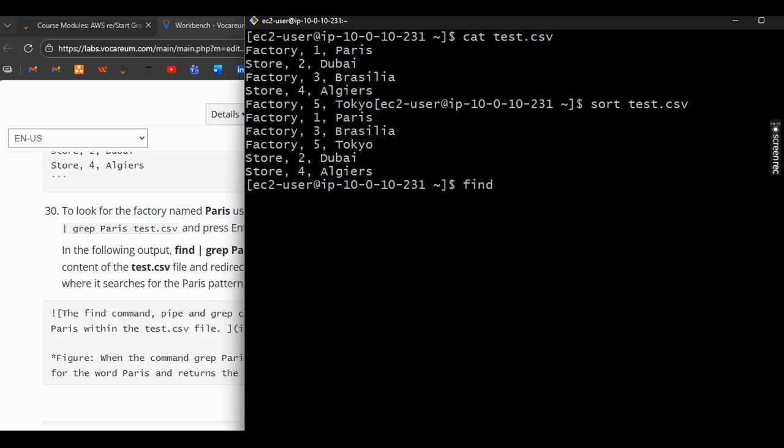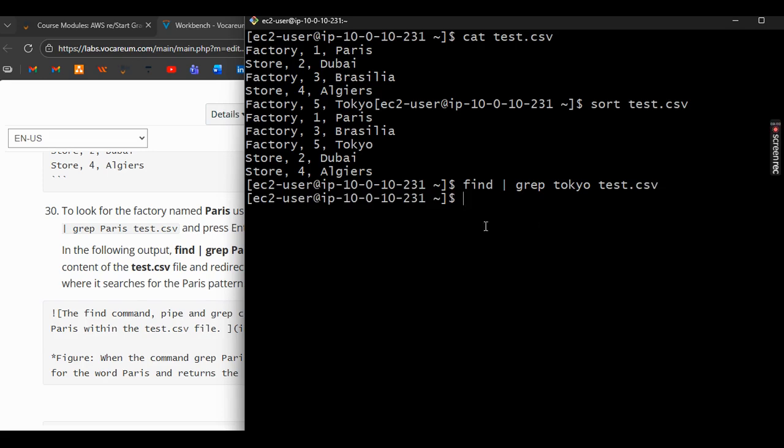Whatever we are finding, we are redirecting it with the pipe to something else. So we say find, and then we redirect it to grep Tokyo in what file? tst.csv. So when we press enter,